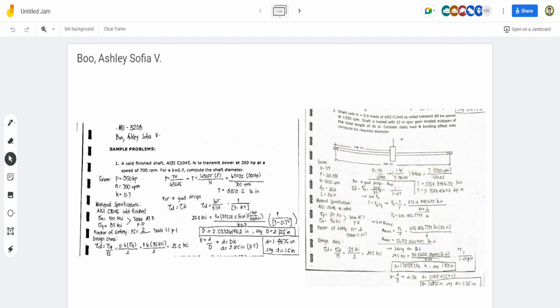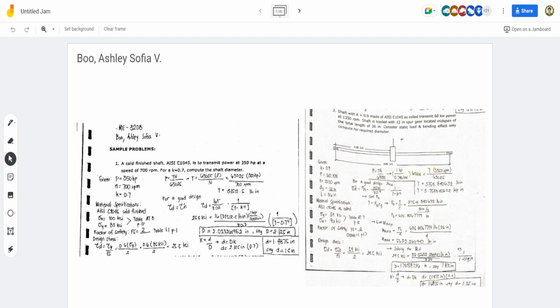For material specification, AISI C1045 annealed, sigma U is 96 ksi, sigma Y is equal to 59 ksi, located at table 87, page 15. For factor of safety, since it is steel and ductile, we will use a factor of safety of 2, located at table 81.1, page 1. And then for a good design,